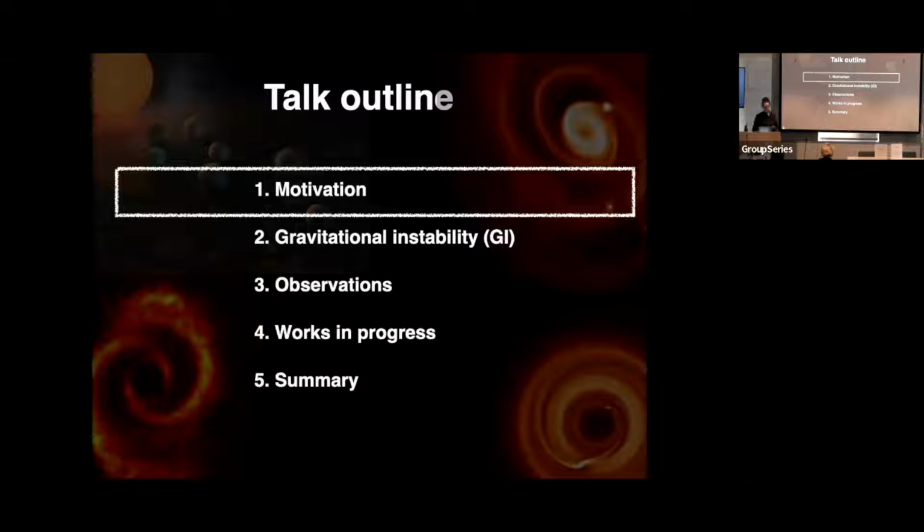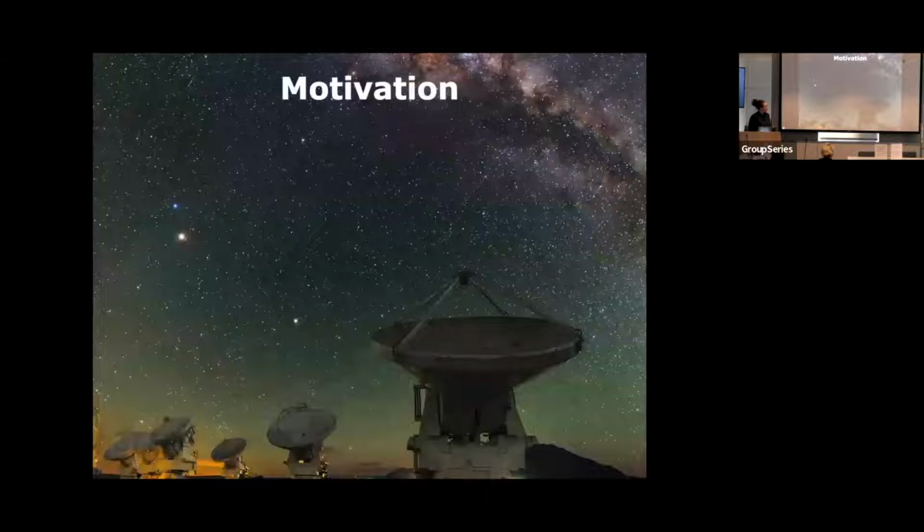So to start at the beginning, this image is of the Chajnantor Plateau in the Atacama Desert in northern Chile. It's the site of ALMA, the Atacama Large Millimeter Submillimeter Array. This instrument, an array of antennas, has opened up to us a whole new level of planet formation. We've been able to see things that we were never able to see before, in very high resolution millimeter wavelengths. That millimeter wavelength meant that we were able to probe down into the midplane of the disk, see a significant amount of the disk, and see planets as they are actually forming.